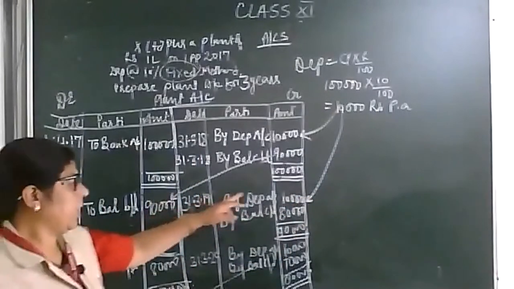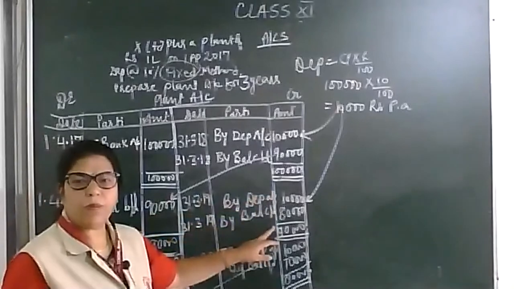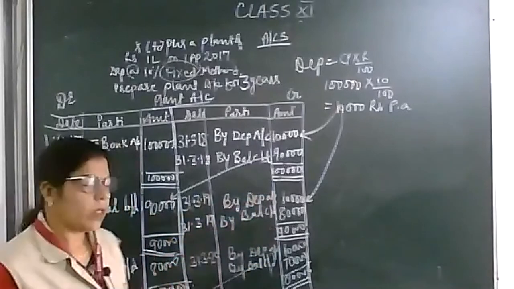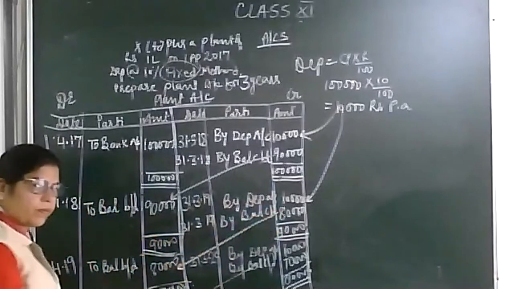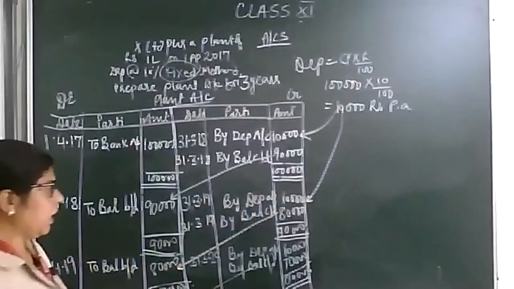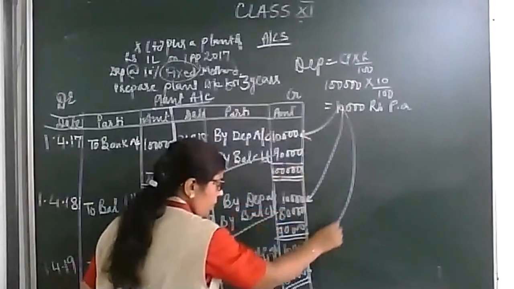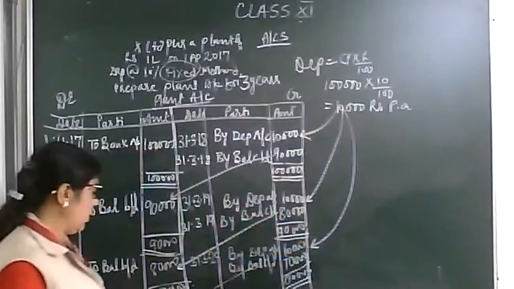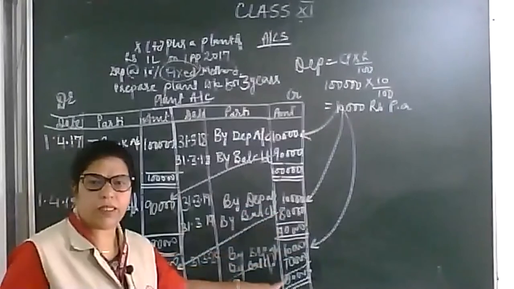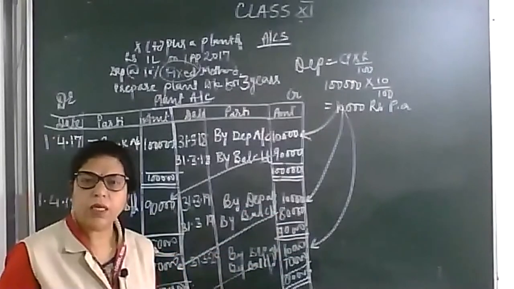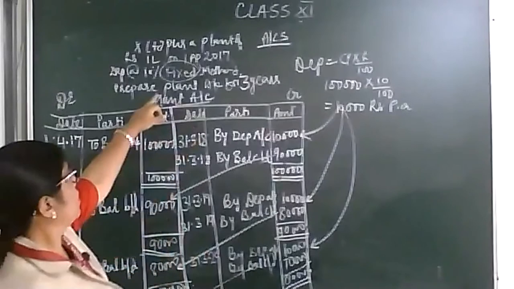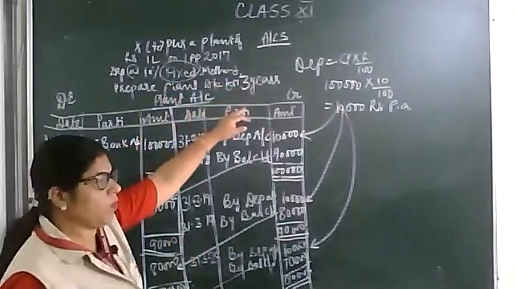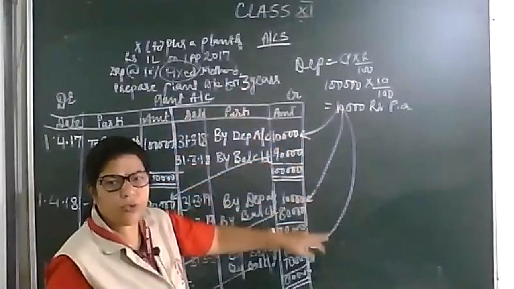So 90 minus 10, the balance will be 80,000 now. This 80,000 will come forward for next year. Now again 10,000, so 80 minus 10, now 70 remaining. So we have to make the account for 3 years. See, 3 years. So you will check the 3 arrows: 1, 2, 3.